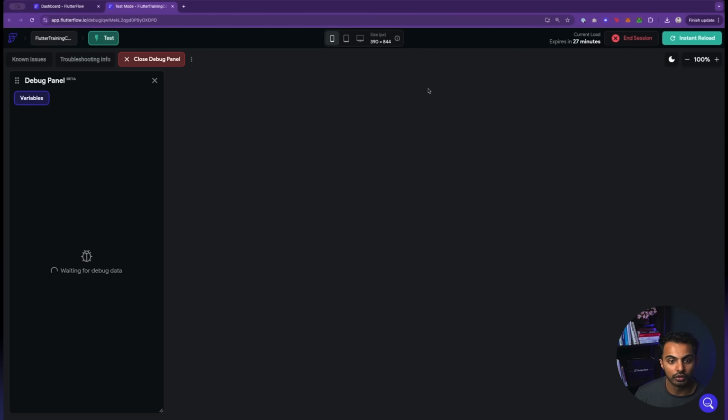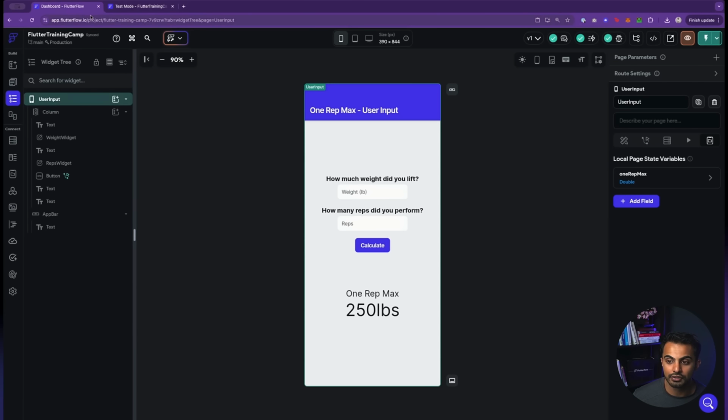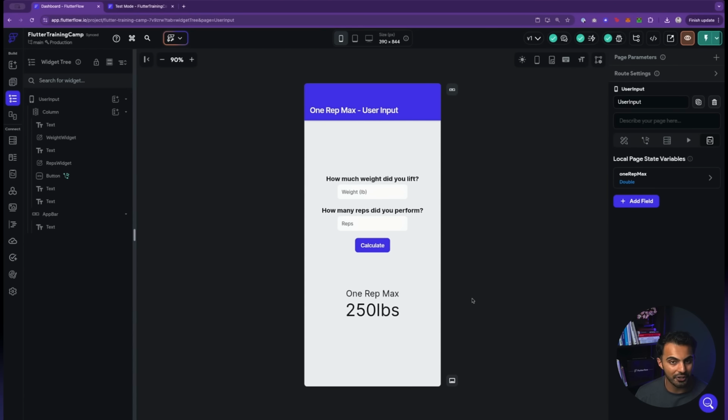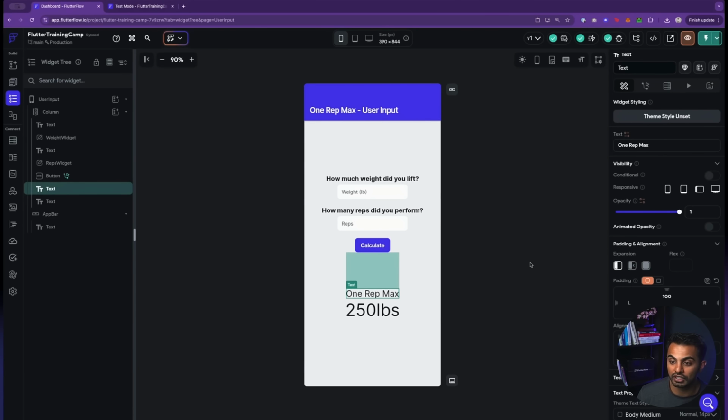So I'm going to make sure my test mode is working. The biggest thing here is learning how to key off the page state. So for example, when a user loads this page, I don't want to show this 1 rep max and 250 pounds, right? I only want to show it if somebody has clicked on calculate. So here we can use a concept called conditional visibility, and let me show you how to use that.